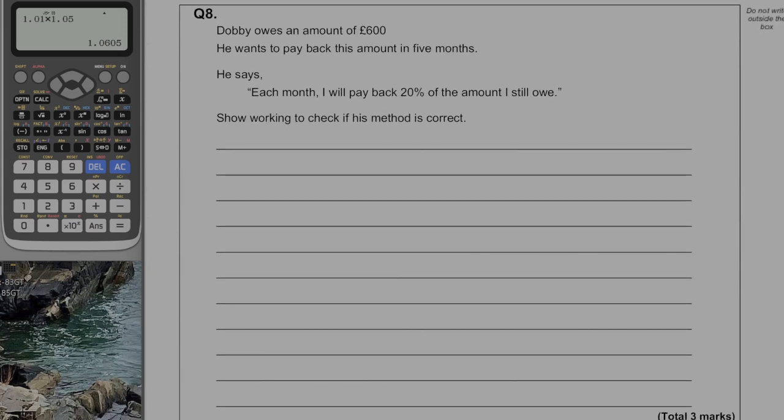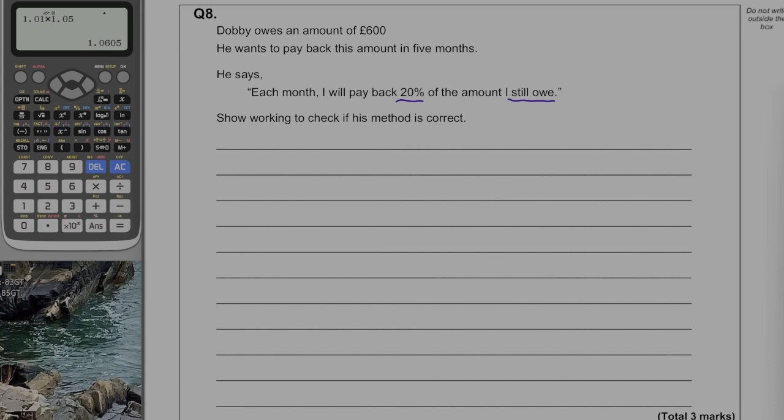Question 8. Dobby owes an amount of £600. He wants to pay this back in 5 months. He says, each month I will pay back 20% of the amount I still owe. Show working to check if his method is correct. Now, if he's paying back 20% of the amount I still owe, we can treat this as a compound interest question. So if he pays back 20% of the amount that he still owes,